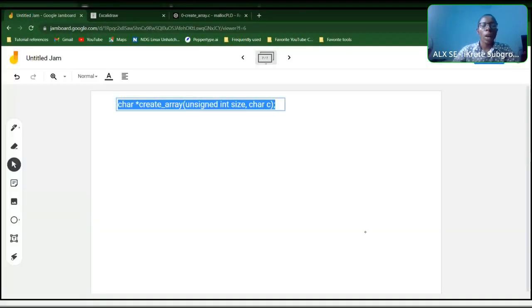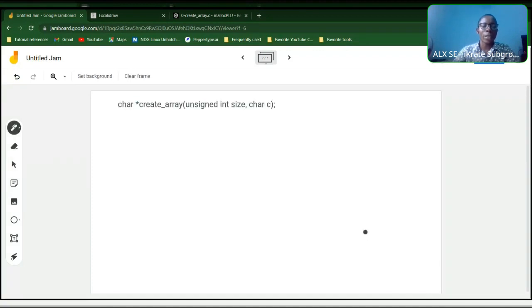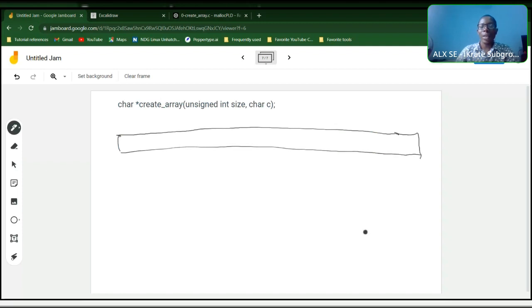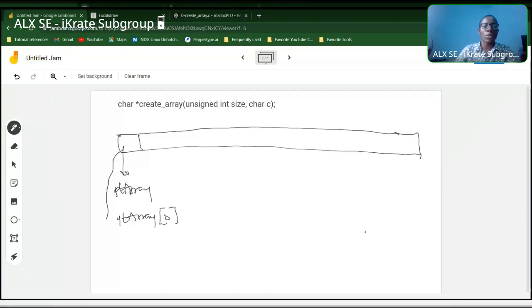As we know, what our Malloc has done is it has gone to reserve space for us. Okay, and it has returned the first one, the address to it, and we are calling that PT array. So if we use PT array and say 0, that means we are referring exactly to this space. So if I now come and say this is equal to C, it means that that character that is passed